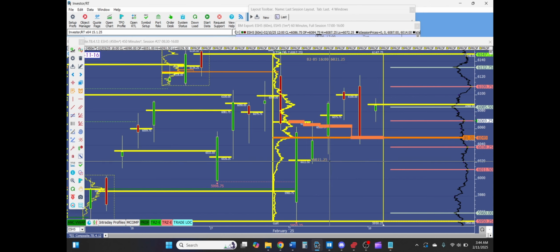So what we're looking at here is Investor RT. It's the higher time frame tool I use, and what I generally use this for, two things. One is to export certain levels to Bookmap, which is the other program I use to trade off of. And secondly, what we're looking at here,